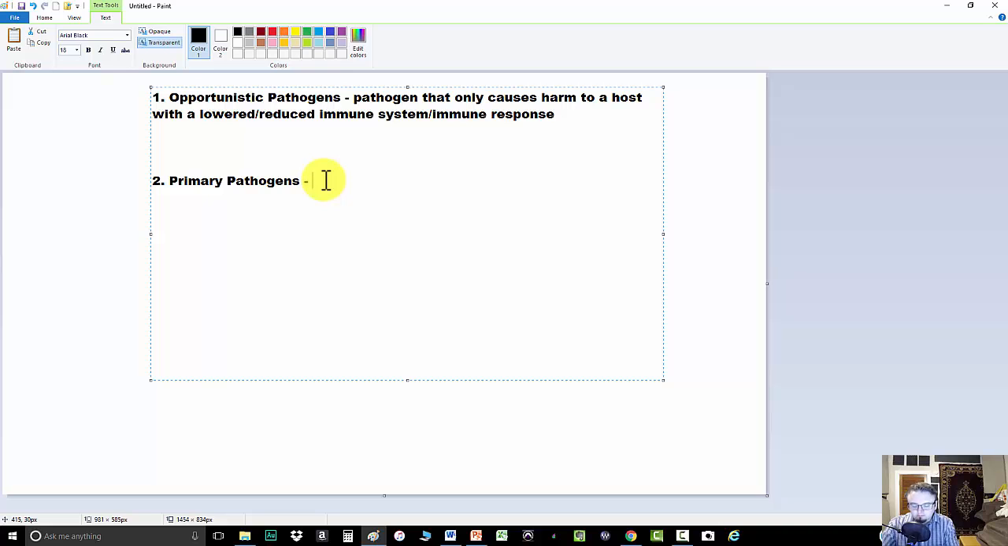A primary pathogen is a pathogen that only causes harm, or excuse me, let me rephrase that. A pathogen that is capable of causing harm to an individual with a healthy